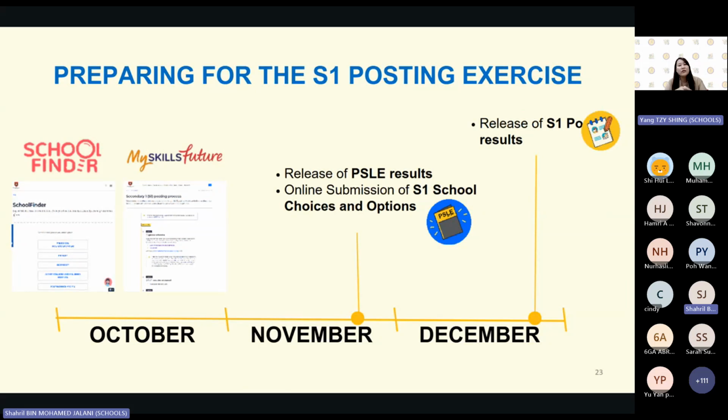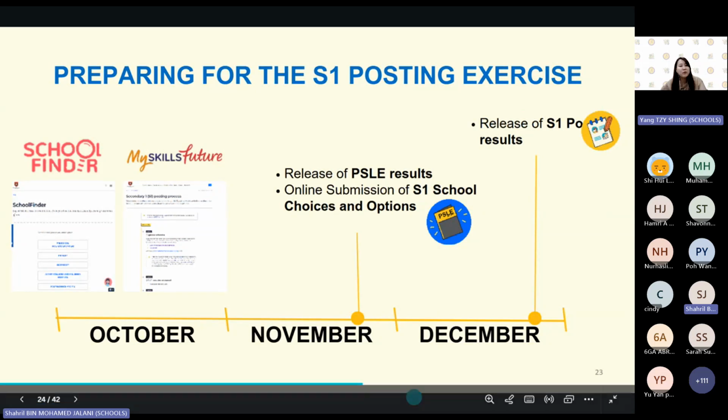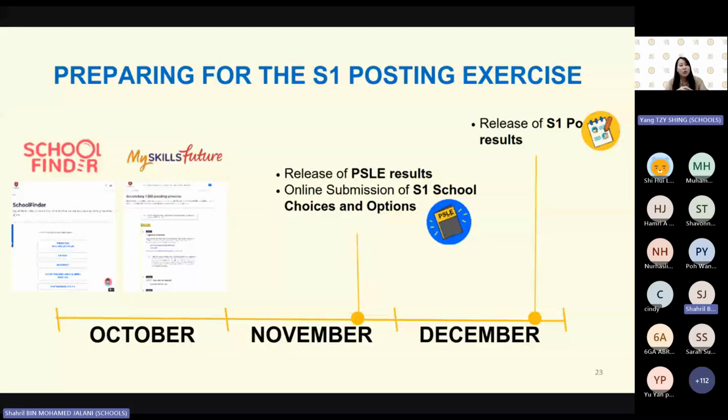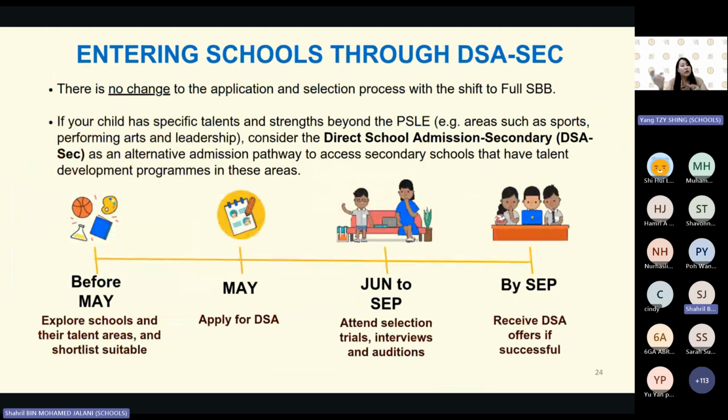Look out for more secondary school open houses in October via the School Finder, and look out for the MySkillsFuture Portal to explore various pathways. The S1 posting exercise will be held in late November after the results are released for PSLE candidates. The online S1 school choices and options allow you to indicate 6 secondary school choices. Your child may also explore the Direct School Admission for secondary school, DSA, which offers an alternative pathway